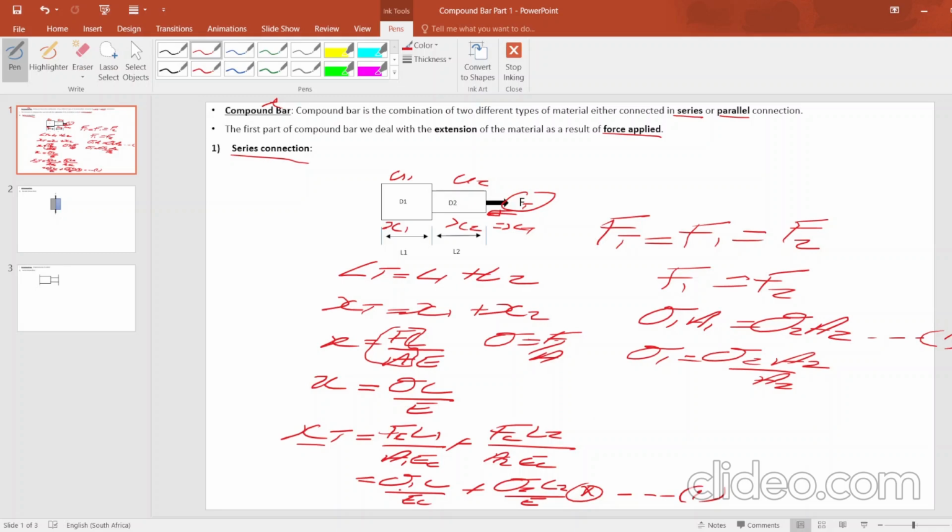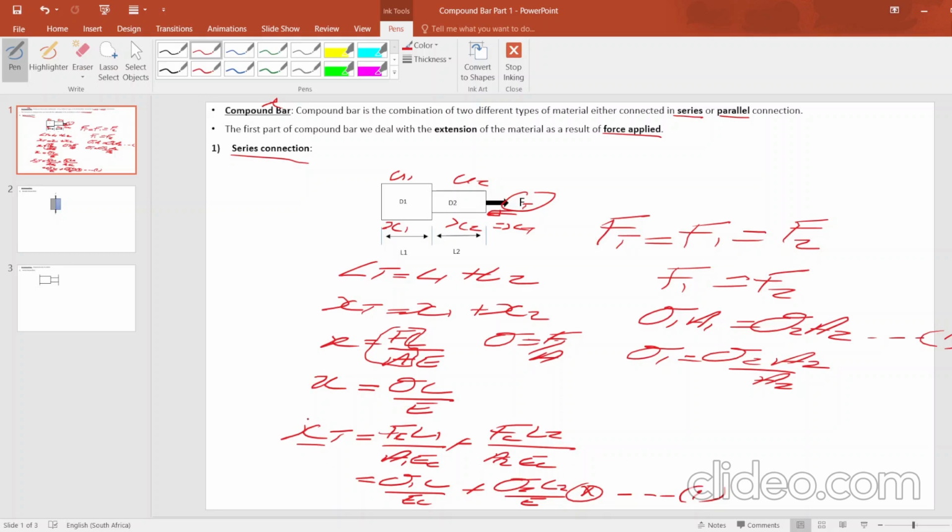Then you come and substitute your stress 1 here. Where the stress 1, you put stress 2 plus the ratio of your areas there. Then you will be able to solve whatever needs to be solved. If they want you to calculate the stresses, more especially the stresses there, then